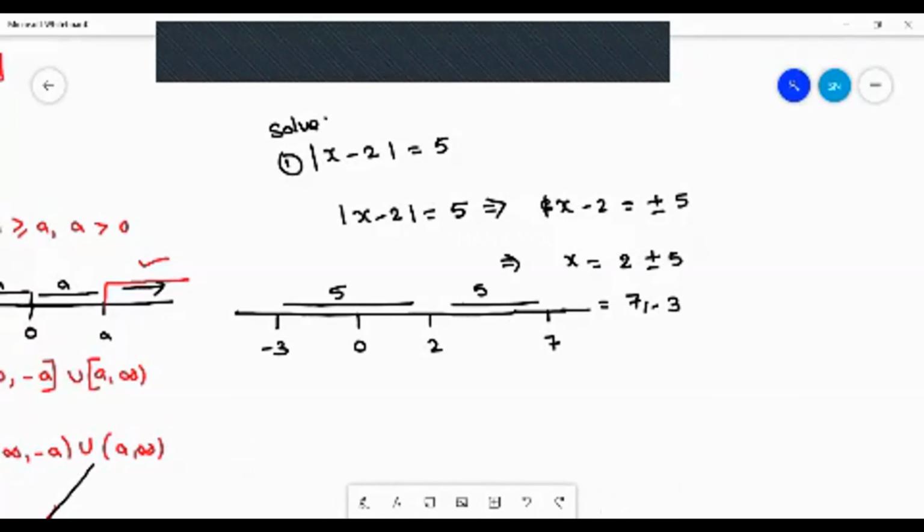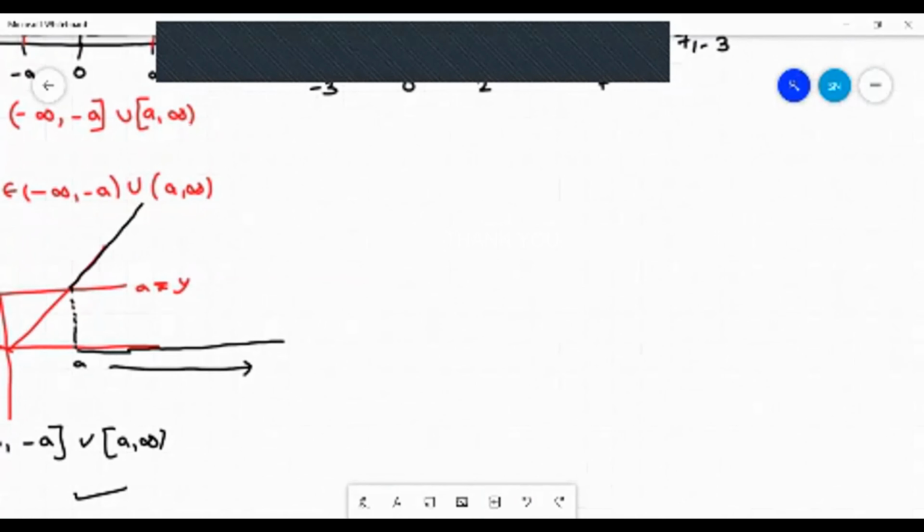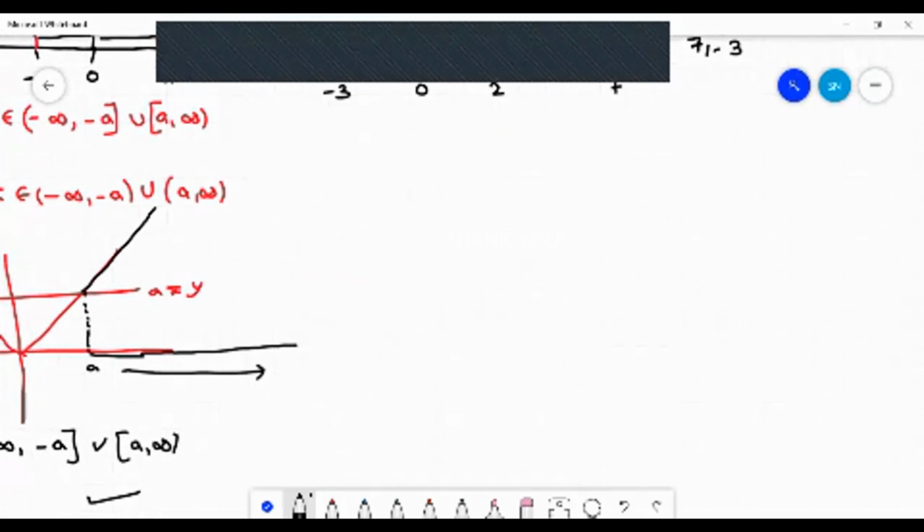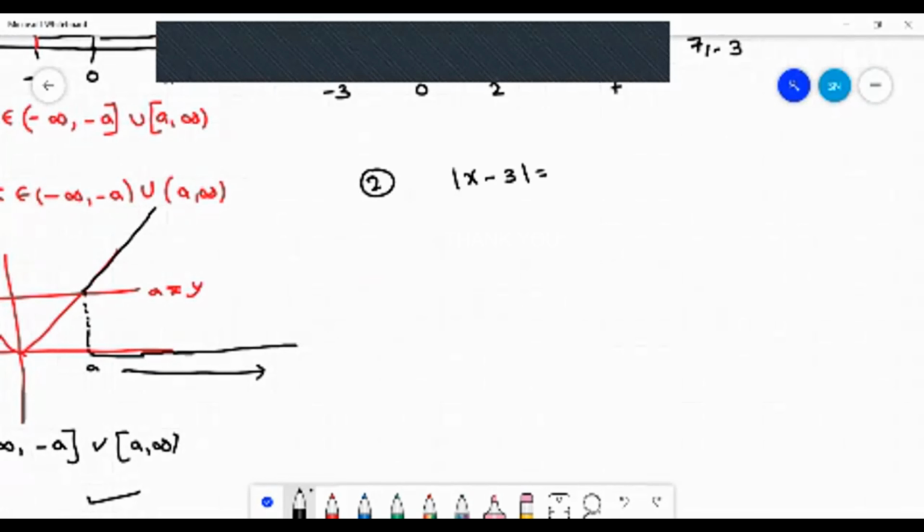So coming to the next question, for deeper understanding, let's discuss a few examples. Modulus of x minus 3 is equal to 2. Instead of mathematical calculation, just observe this is 0 and 3. Mod x minus 3 means 2 units away from 3 along the real line. So obviously this is 5 units here and here 1 unit. So what is the answer? 1 and 5. Clear? I hope I am not pretty quick.